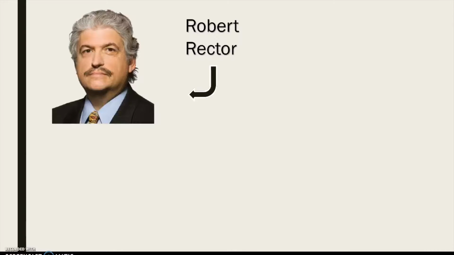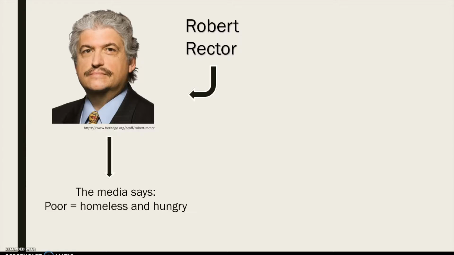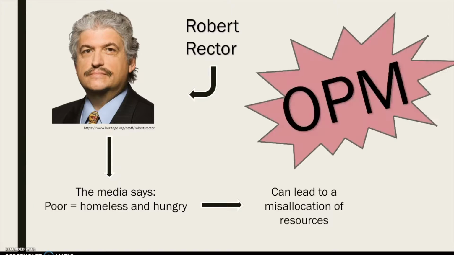Robert Rector, the Heritage Foundation's Senior Research Fellow in Domestic Policy, argues that the way media portrays poverty is exaggerated and incorrect. His goal is to assess quality of life more accurately so that government resources are not misallocated. While his measure is based off of household amenities, a large oversimplification, we agree that poverty is not always portrayed accurately. One reason for this is that the OPM statistics only consider monetary values.